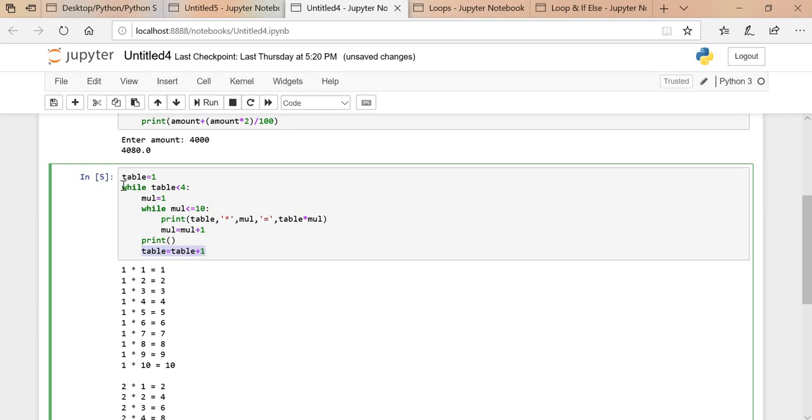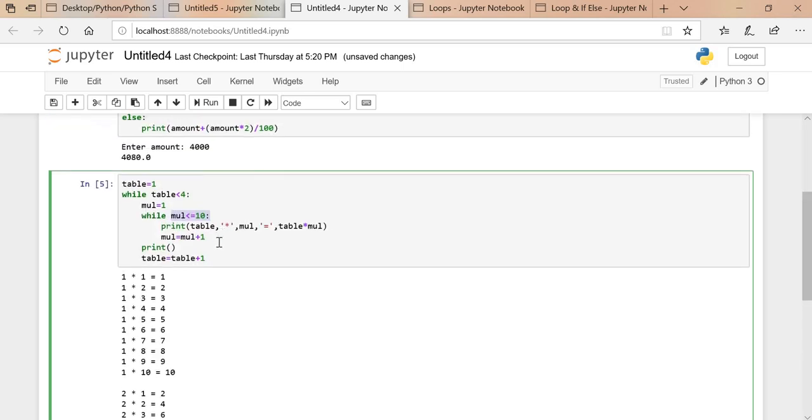First, for table 1, it goes down, then it multiplies 10 times, then it shows the result, then it increments the table, then it goes up to the first loop. For the second number 2, it goes down, it multiplies 10 times, then this loop will run like this.